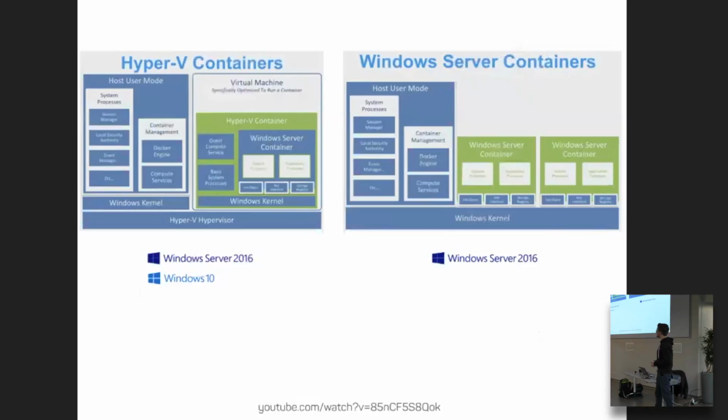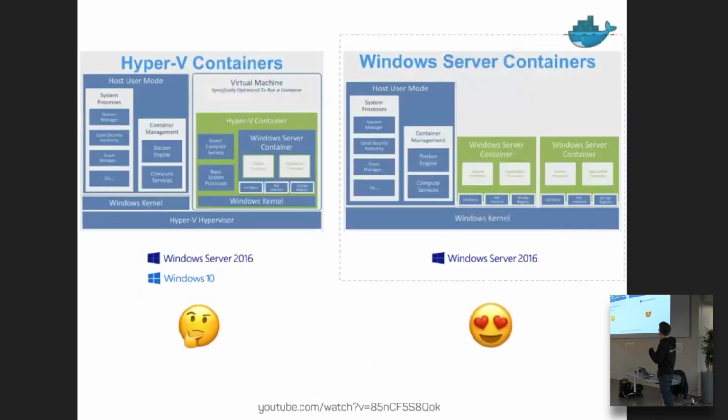Right, and yeah, there are some differences. I'm just going a bit speedy here today, but they have two types of containers. I think don't use the Hyper-V stuff, just use the Windows Server containers. Why? Because Docker for me has no hypervisor, and Microsoft said, okay, let's do two types, and one has Hyper-V, which is a hypervisor. I mean, it's smaller, but it's a hypervisor. Just use the Windows Server containers, and you're fine.